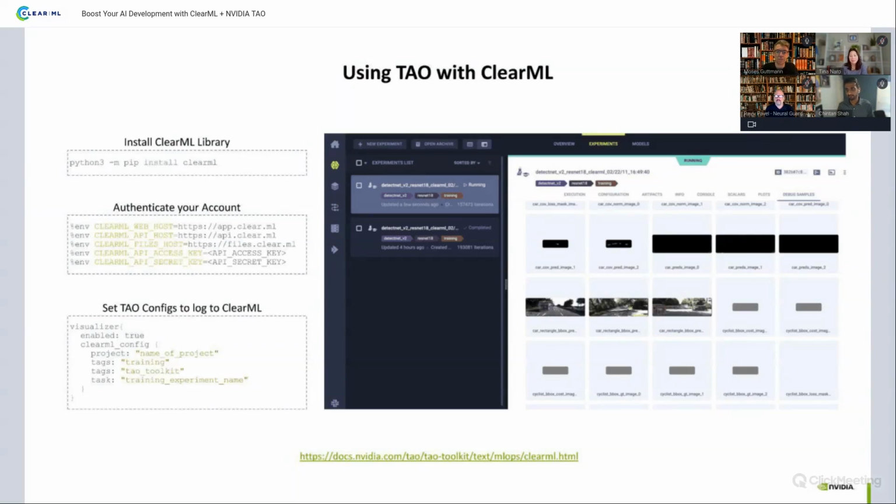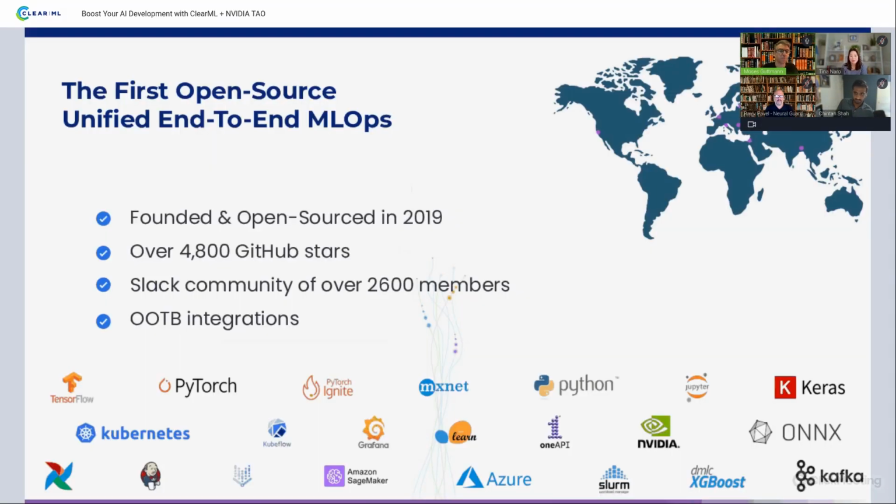And with that, I'll give a brief introduction on ClearML, and then we'll connect it right back into TAO. So I'm Moses. I'm the CEO and founder of ClearML. Open sourced and founded in 2019. We have thousands of users throughout the world. We are 100% open source, both backend, front end, and client end. Of course, we have very large organizations using us through production, from small startups to the largest enterprises you can imagine in production, deploying in scale.